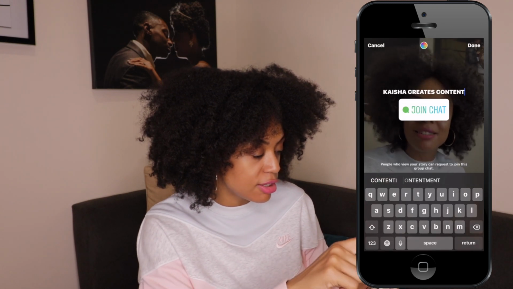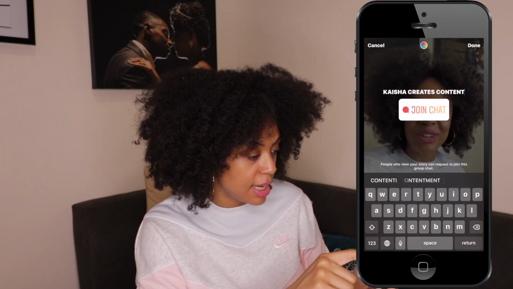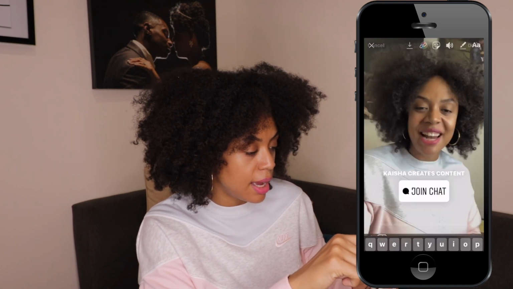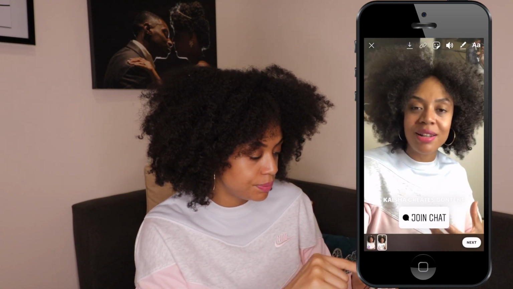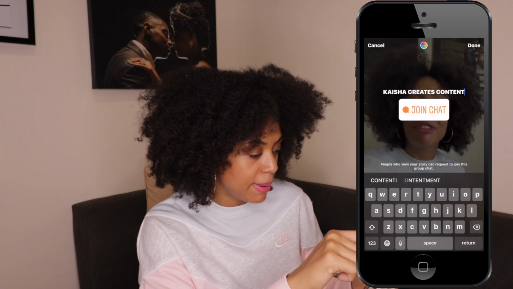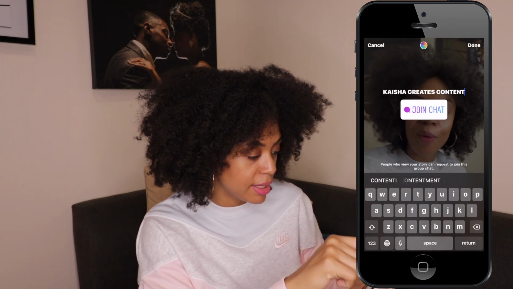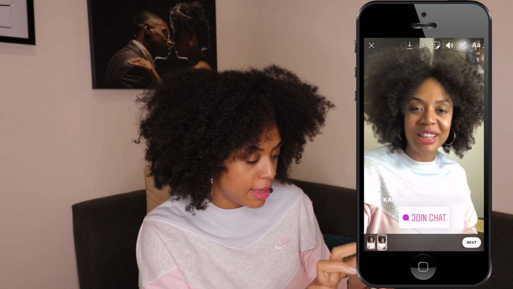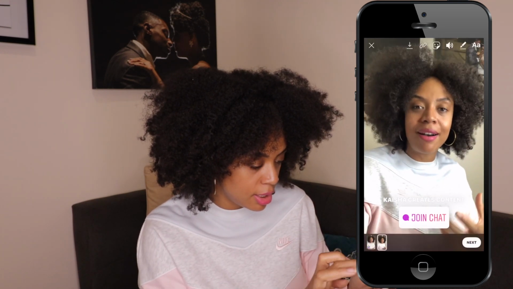So you can also change the color of the chat thing. You see how I did that? You could just click that little gradient circle at the top. You just click that to change the color. I think I'm going to make it pink since I'm wearing a pink sweatshirt. If I can find pink again, that'll do. And then because the text here is white,